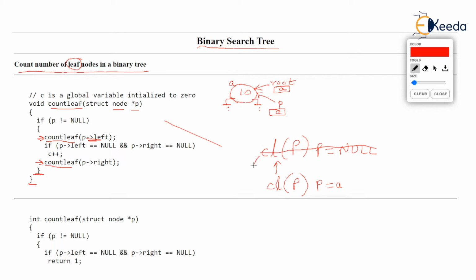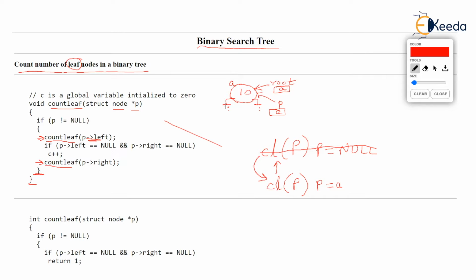And the calling function was count leaf p when the pointer p was pointing at a. So we are back at 10, isn't it? What happened is when we were at 10 last time, we said hello 10, we are first moving to the left, so we called the function count leaf for the left pointer, but the left pointer was null. As the parameter p was null, we simply stopped that function and came back to the calling function.